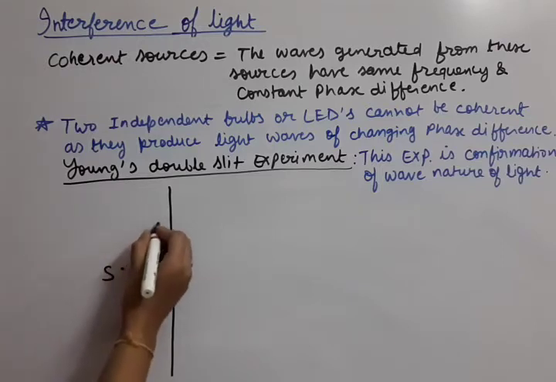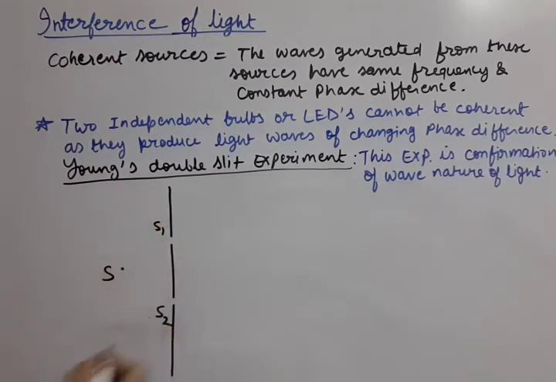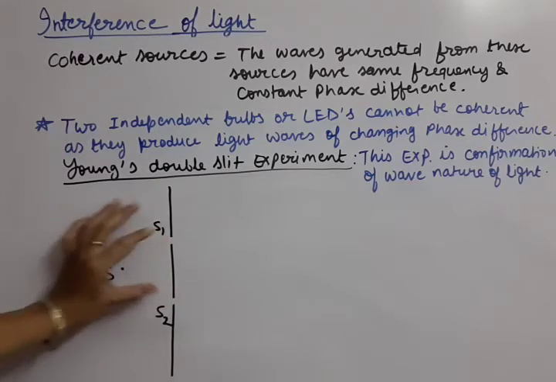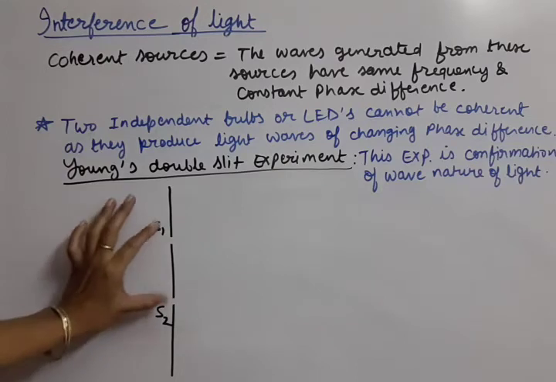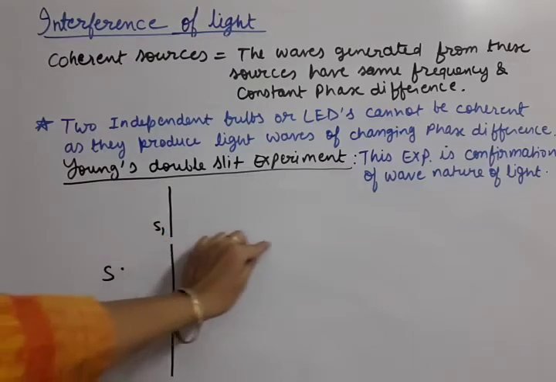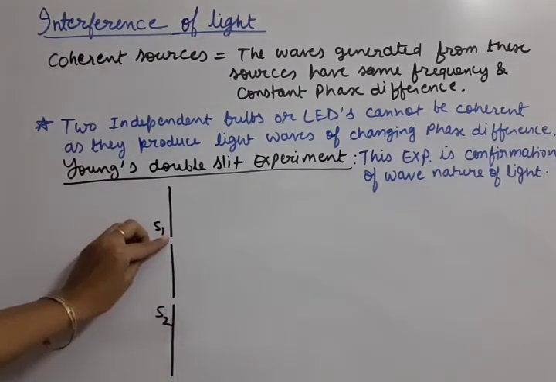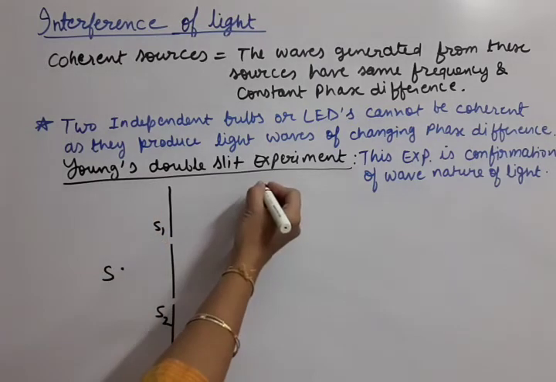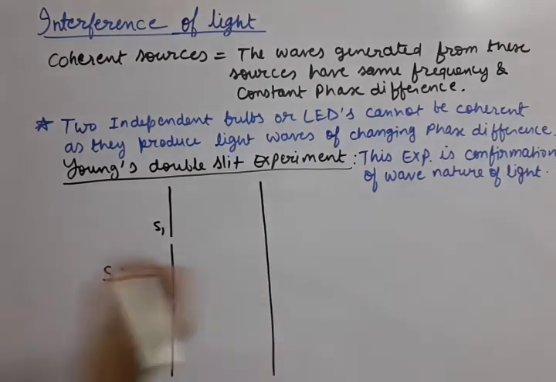These two holes are known as slit 1 and slit 2, S1 and S2. Now these two holes were very narrow holes. So that means now the light will come and it will reach points S1 and S2. Because again from here the light can move further, these are becoming the point sources of light. So these are narrow slits. And the third thing which was taken in Young's experiment was the screen, where the interference pattern was observed.